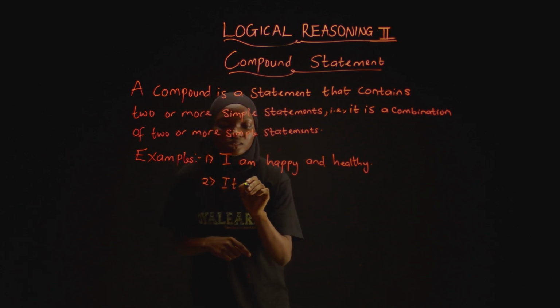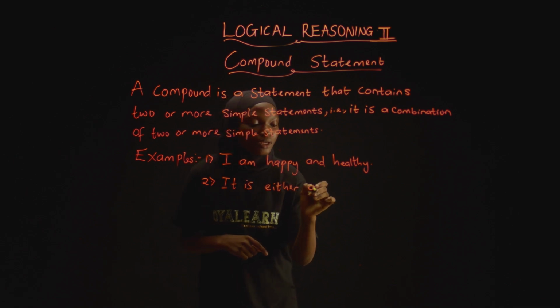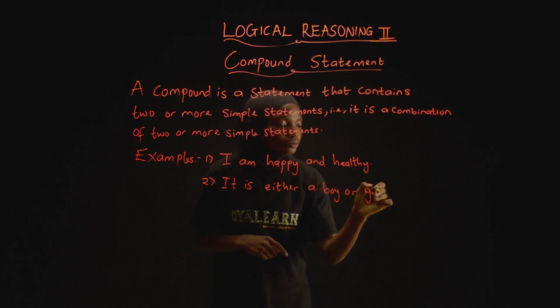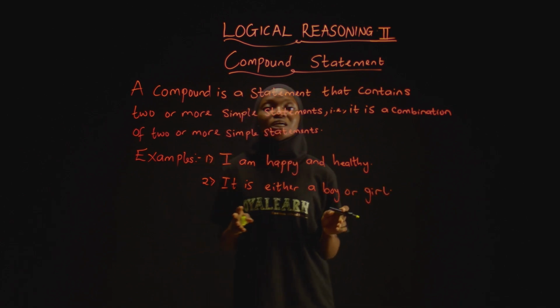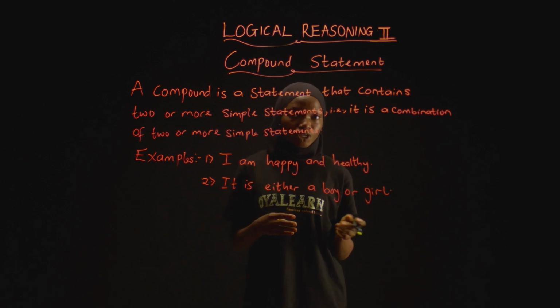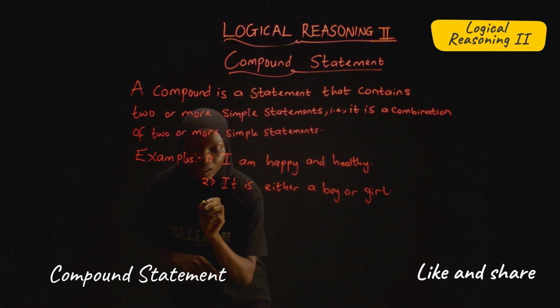it is either a boy or a girl. This is also telling us two different ideas, either a boy or a girl, which makes it a compound statement. Another example,